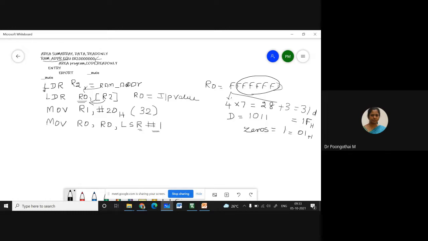Okay. So any mistake in this statement, have you identified any mistake? Suppose the last bit is D, 1, 1, 0, 1, this 1 is placed in carry. We have to monitor the carry flag status. Have you identified any mistake in this statement? Ma'am, D is 1101. Sorry, 1, 1, 0. So 3 ones only. So same answer.